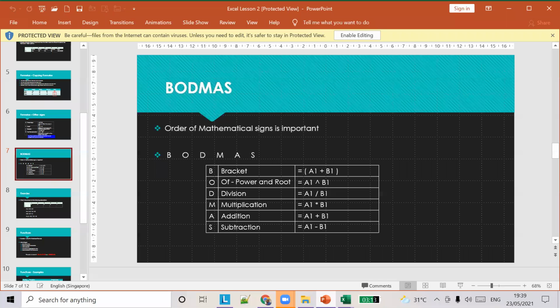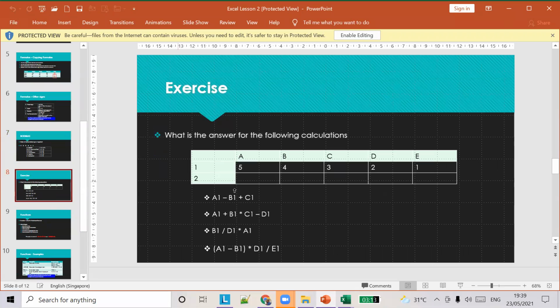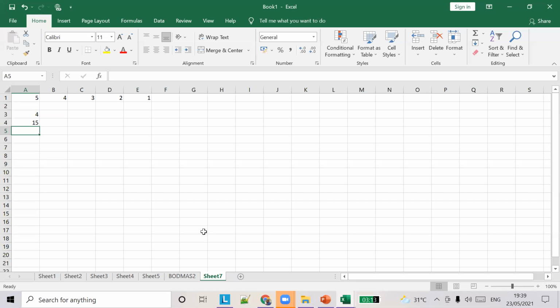Should be clear. Okay, so let's try the next one. B1 slash D1 into A1. Can somebody answer this?